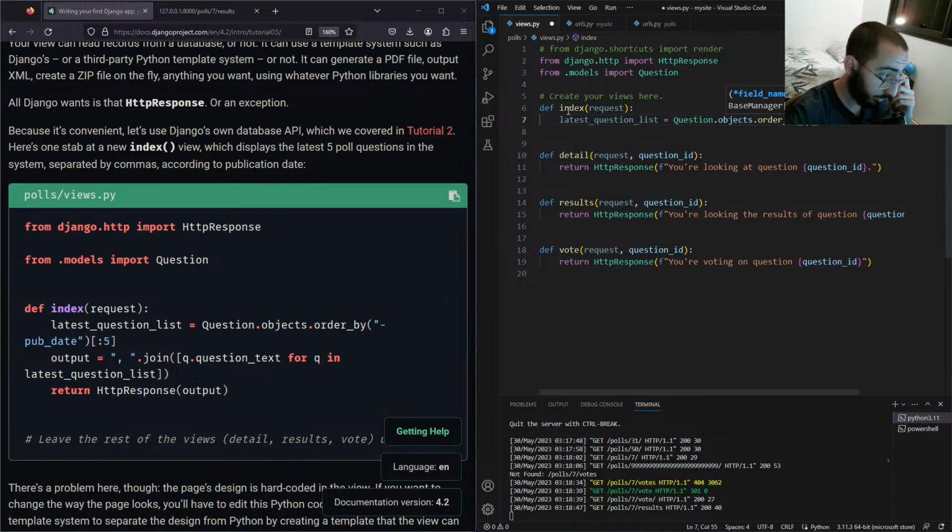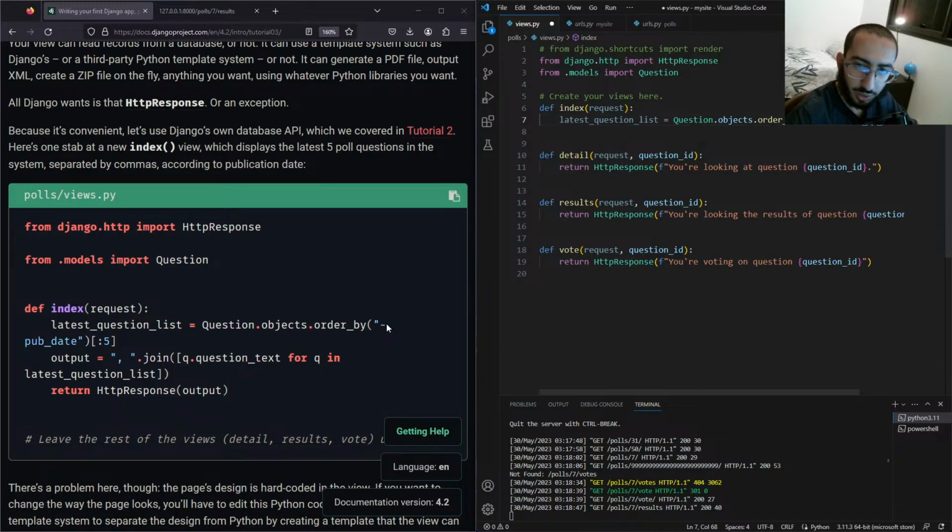Okay, let's try this out. -pub_date. I'm not sure why the dash is there, but okay. And then 5. So basically we're taking a slice